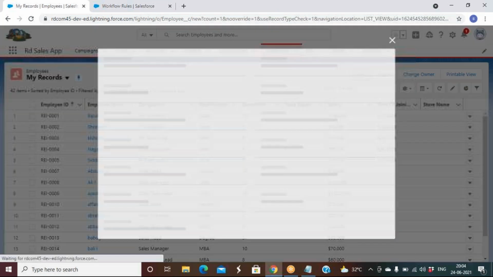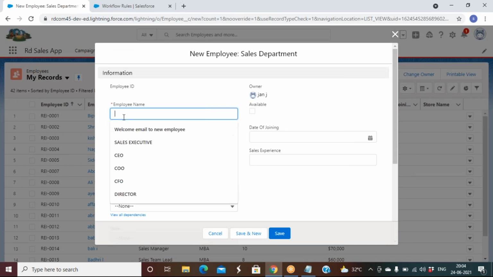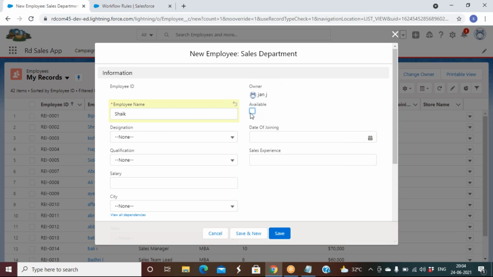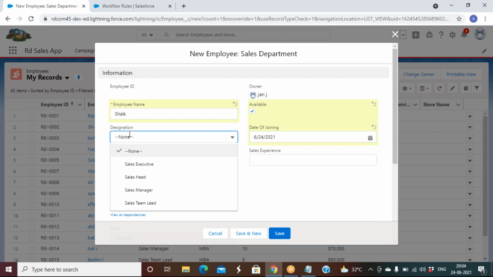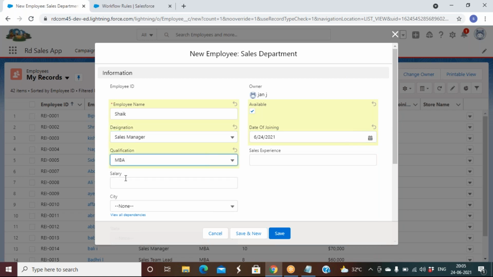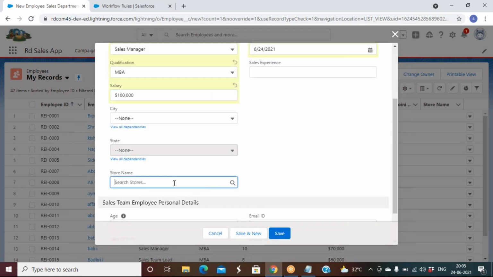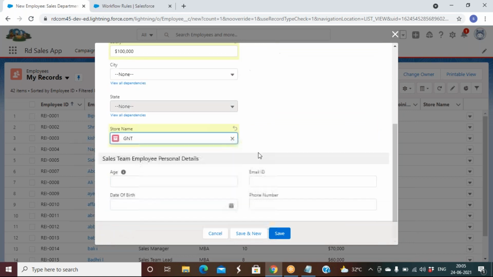Click new. I'll create a record. I'm just giving my email ID to cross check whether the email is coming or not.